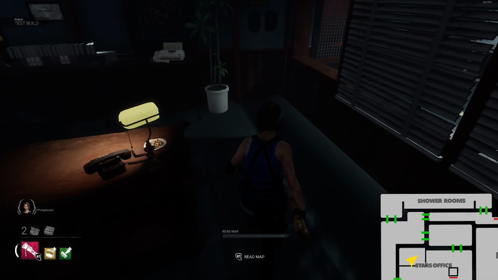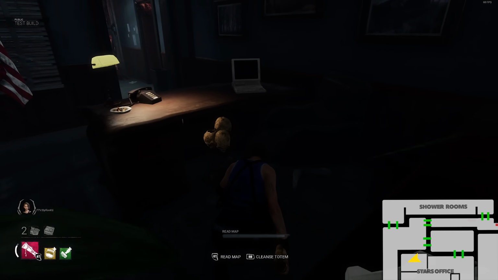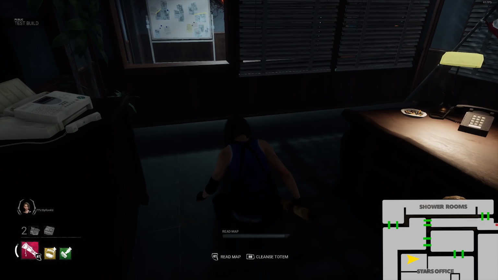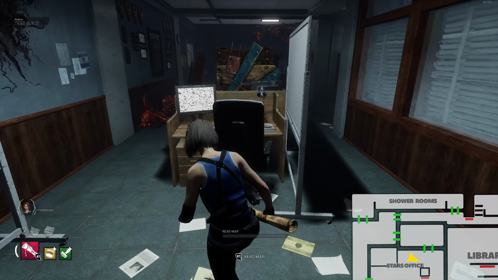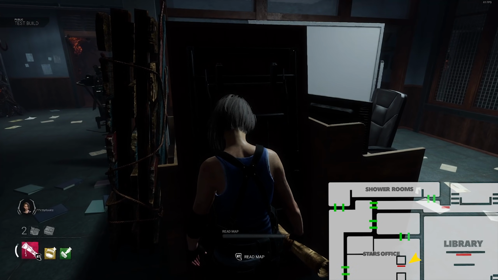You do have an area here. There's almost always a totem in this room. Anytime I've spawned into this map, there's been a totem. It's probably not guaranteed, but it is dark, so do keep that in mind. The STARS office, west 2nd floor. And of course, if you do manage to drop this pallet, and this pallet is always here, it is guaranteed, you can go ahead